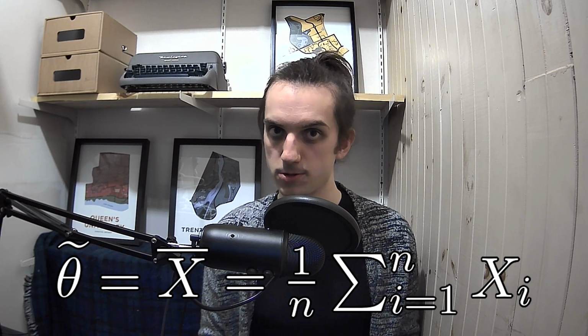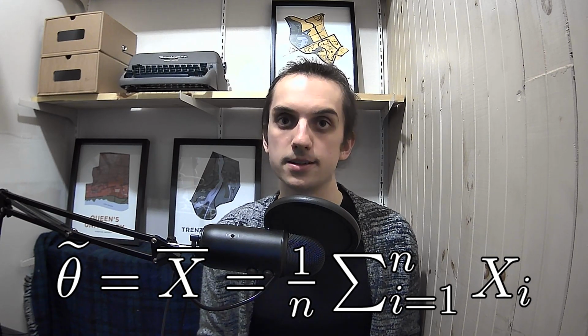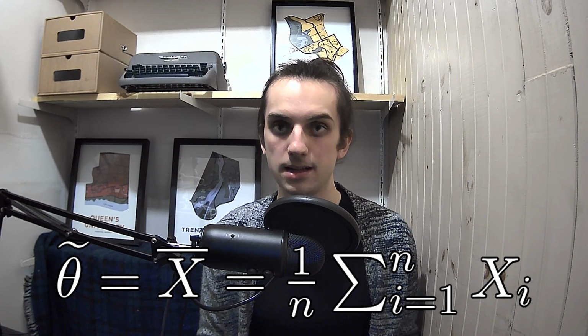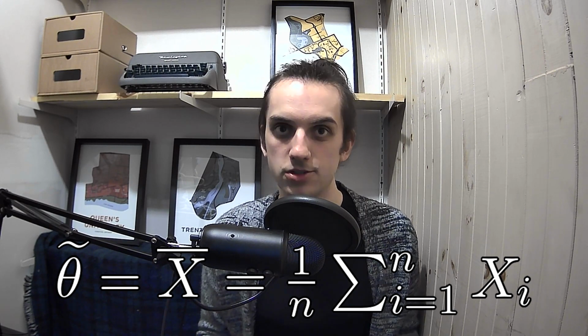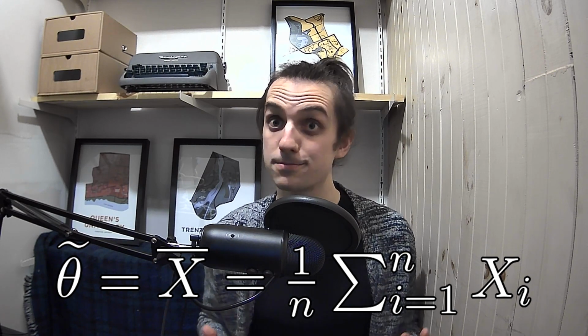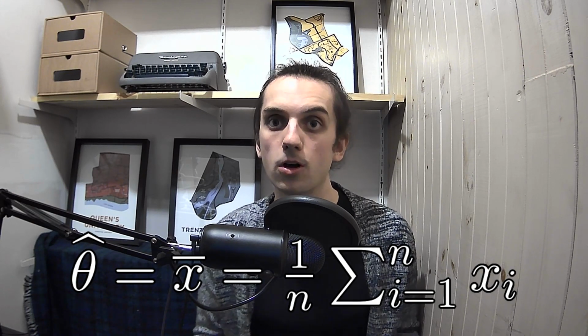That is 1 over n times the sum of the random variables. We could call this theta tilde of x1 through xn. However, we tend to reserve special notation for the mean estimator, capital X bar. In order to form our estimate of the mean, we could take a sample lowercase x1 through lowercase xn, and using these values compute the sample mean, a process you are all familiar with. Then, the value capital X bar is a random quantity with some distribution, and the sample mean is a number